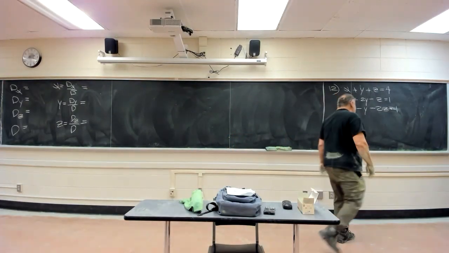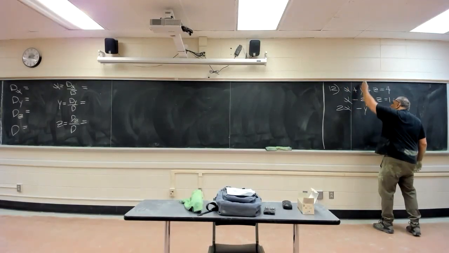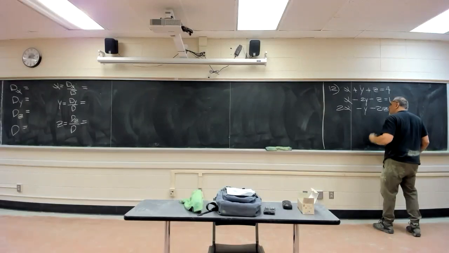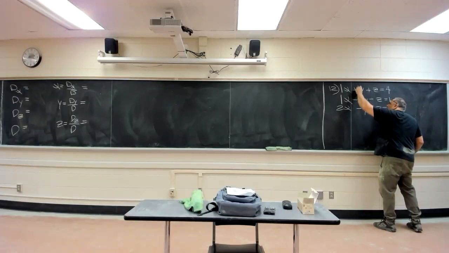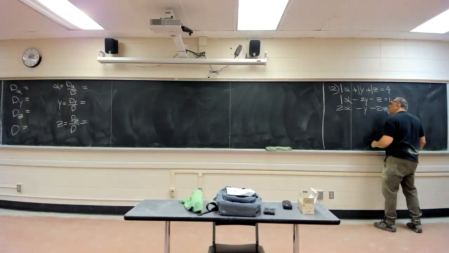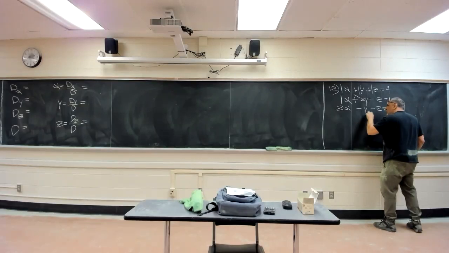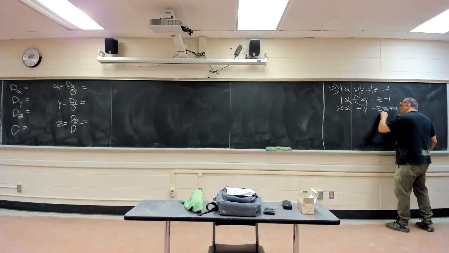You've got to put everybody in line. The x is in one column, the y is in another column, the z is in another column. If there's no number in front of a letter and no sign in front of the letter, you just put a 1 in front of the letter. If there's a subtraction, make it plus the opposite. There's a y by itself, put a 1 right here. Minus y is plus the opposite of y. Minus 2z plus